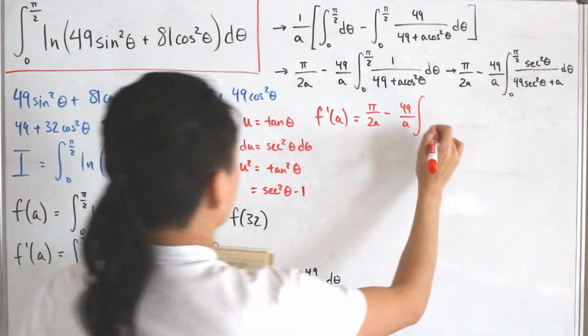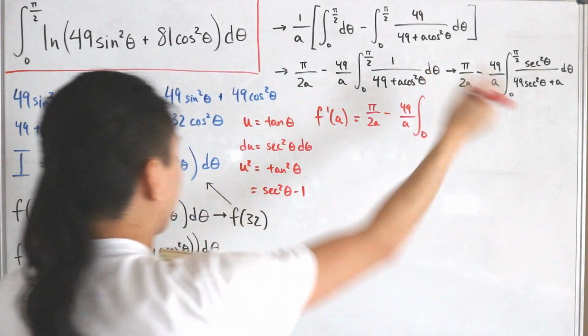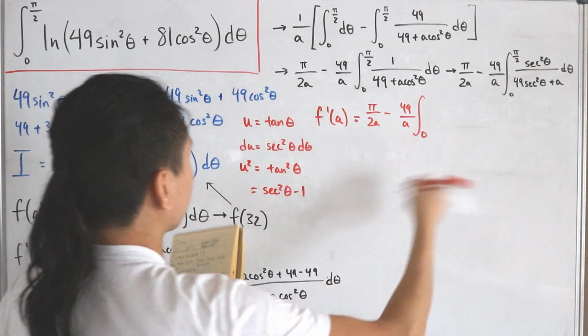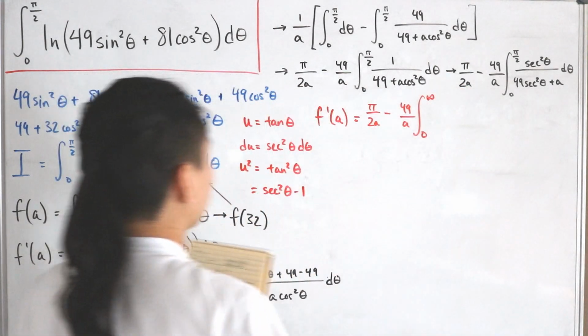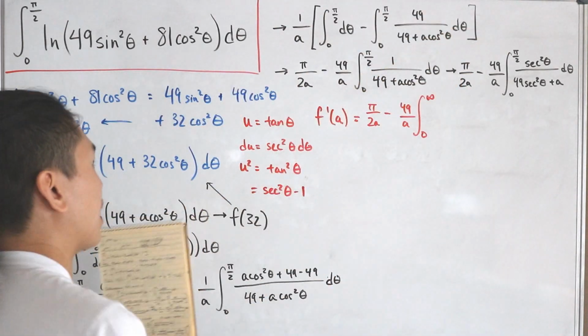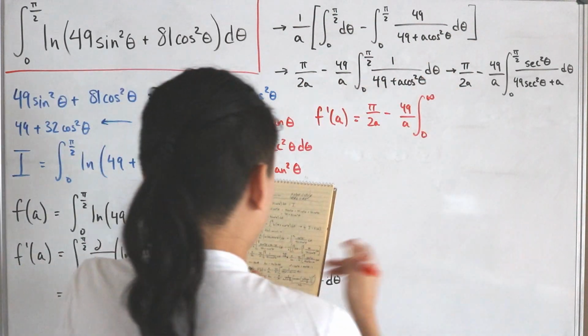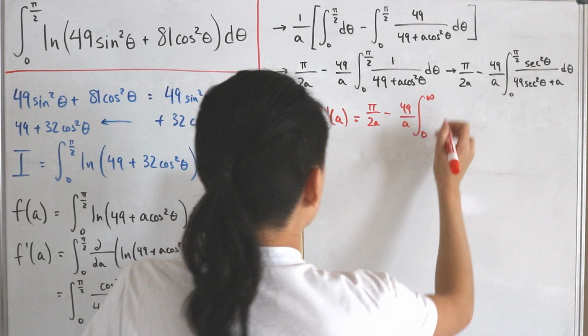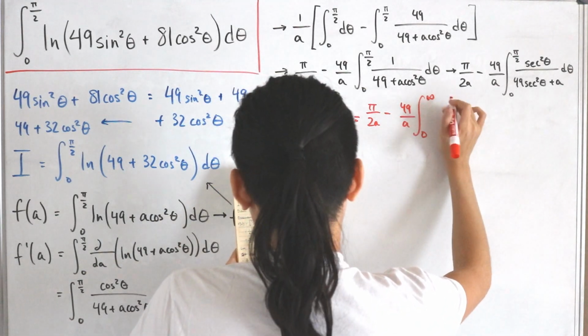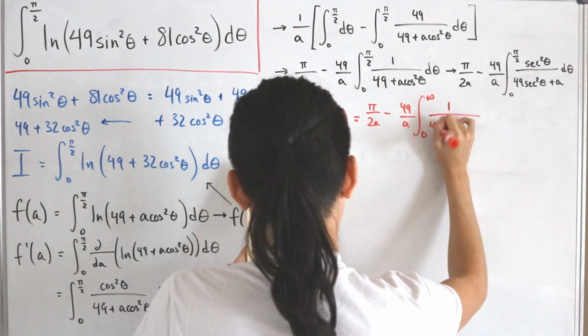So changing our bounds, we'll still have 0 on the bottom, but pi over 2 on top. If we plug this back in for tangent, tangent of pi over 2 is actually going to approach positive infinity if we're approaching from the left side, going from 0 to pi over 2 with the new bounds. Then our new numerator is going to be written as 1 divided by 49,